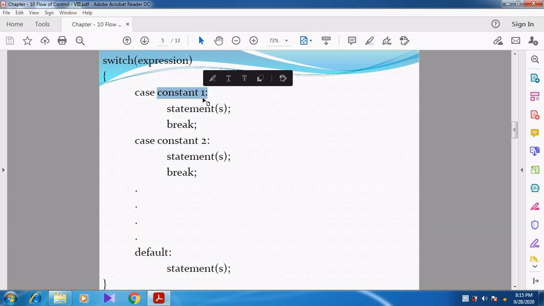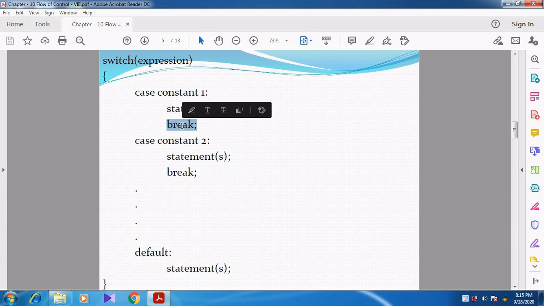If it matches, then automatically the corresponding statements given below that case value will be executed, and then it comes out of the switch statement.